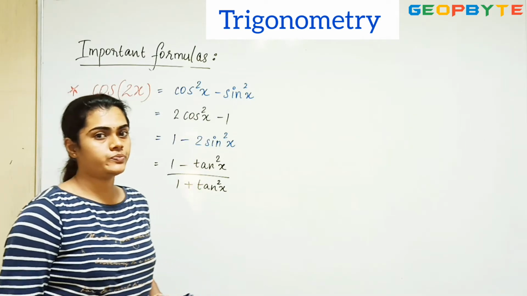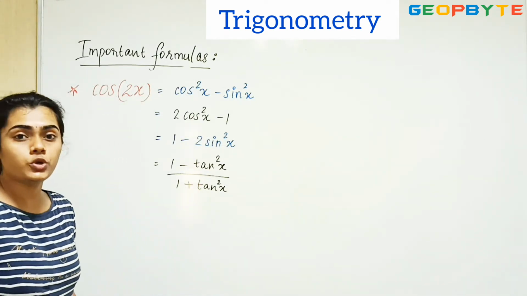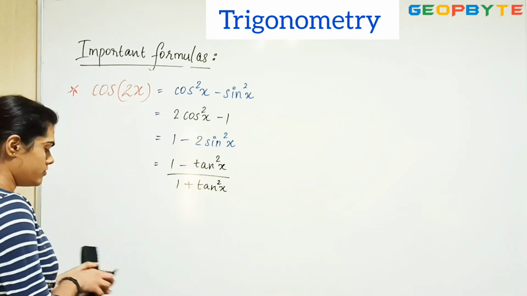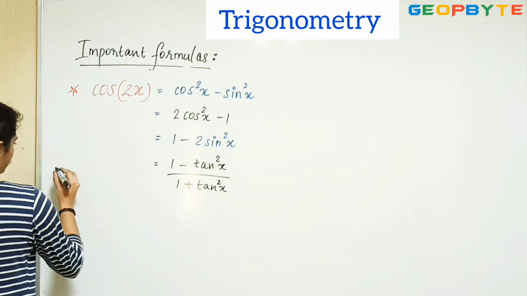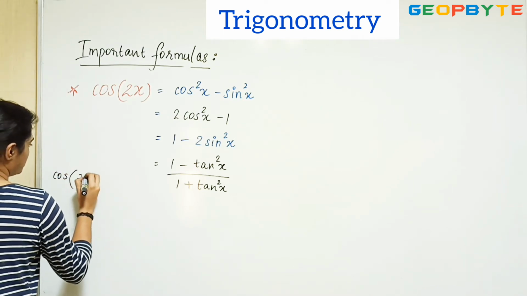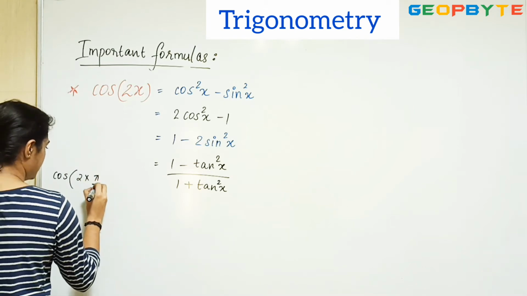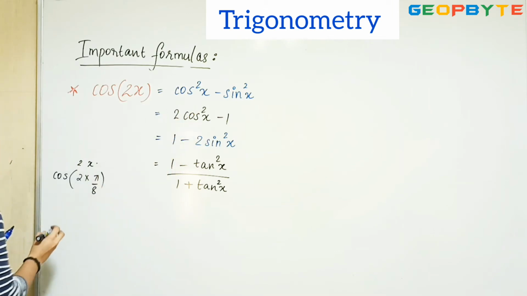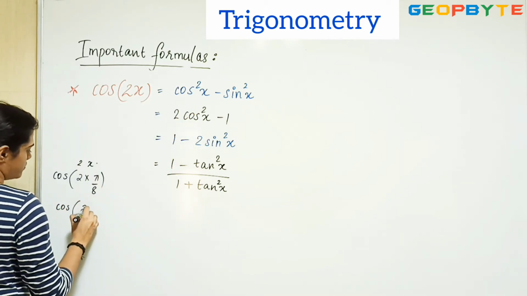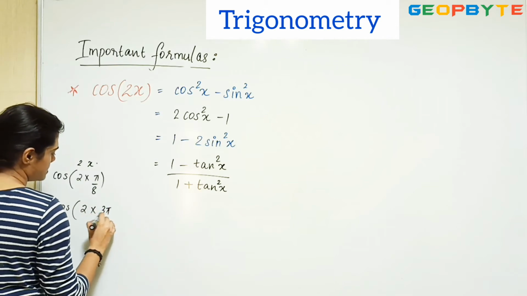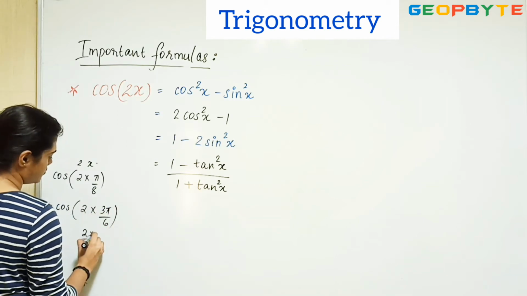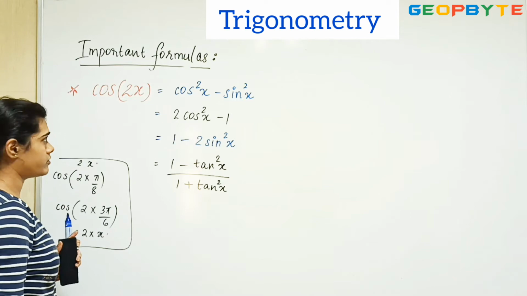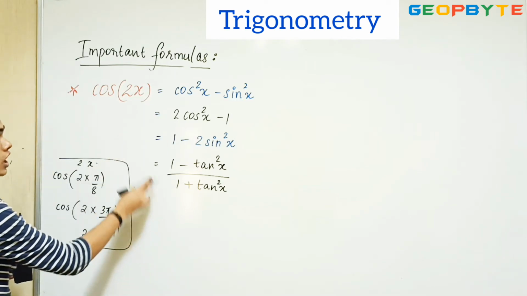Now we'll come to the next thing, that is cos of 2x. Initially we didn't have any coefficient of x. Now we are having 2x. For example, cos 2 into pi by 8. This is a kind of cos 2x formula. You can use this formula to get the answer. Or cos of 2 into 3 pi by 6. This is also the formula of 2x. So you can write in this form. So these kinds of angles, or something related to these kinds of angles, you can solve using these 4.